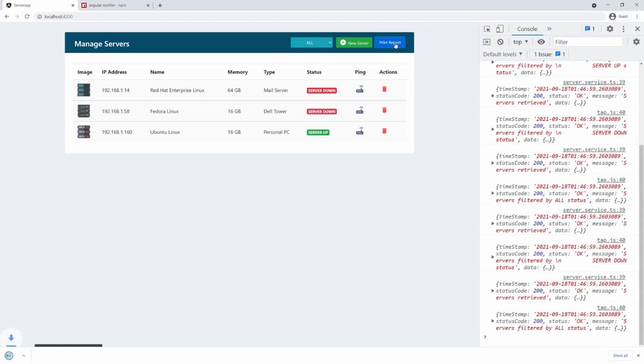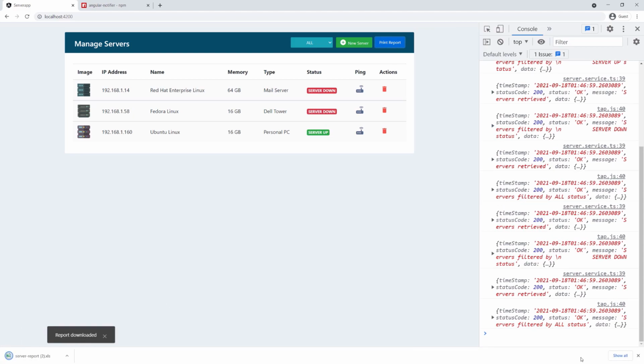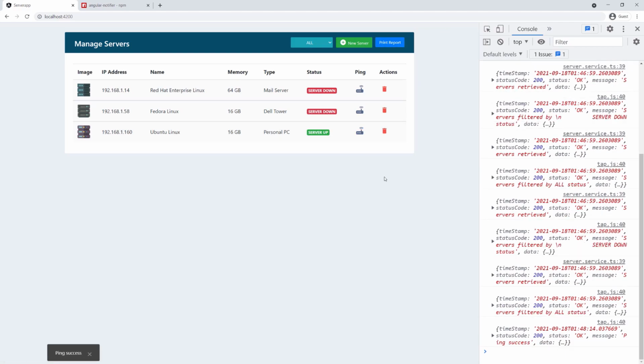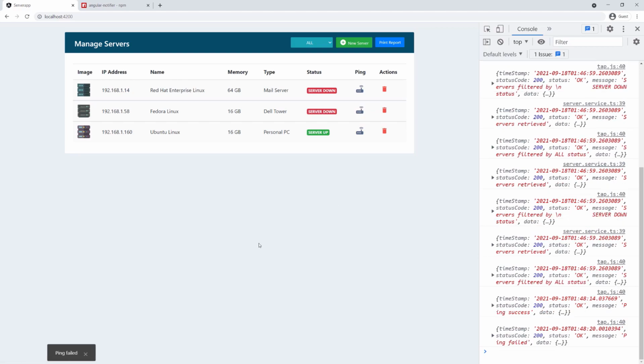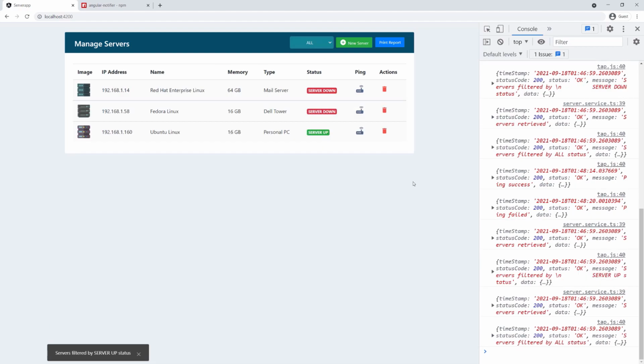And if I try to print, you can see the message, report downloaded. I'm going to close that for now. And if I ping a server, for example, ping success, this is going to be an error. So let's see the error message, ping fail. You can see that the ping fail is right there. So everything is working as expected, and feel free to test this more, but in my case that's going to work for me. I already know that it works, but you can look at it and understand the flow